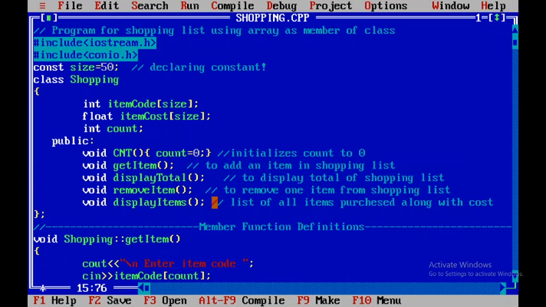So these are the functions, and this is the purpose of why we are using all these functions.